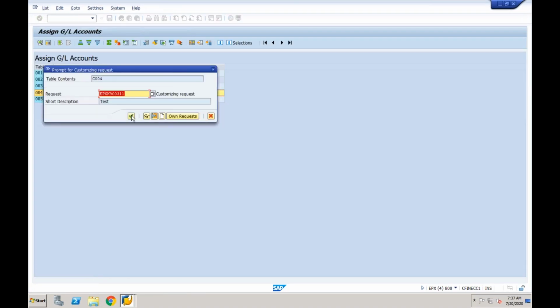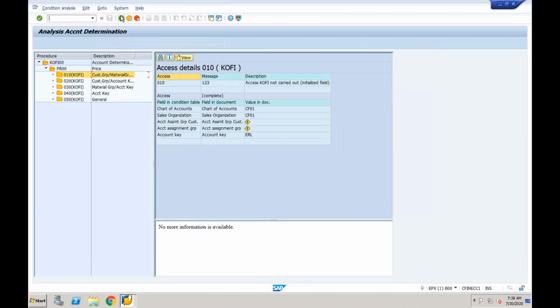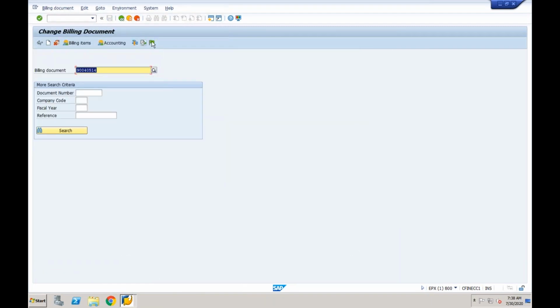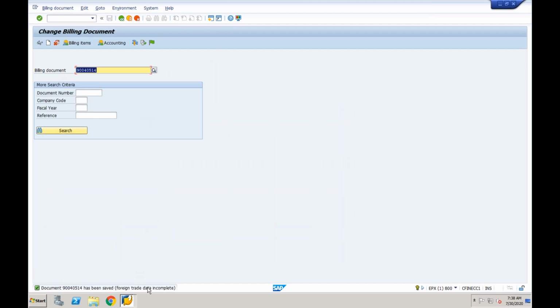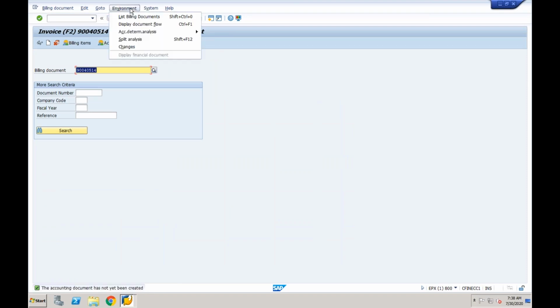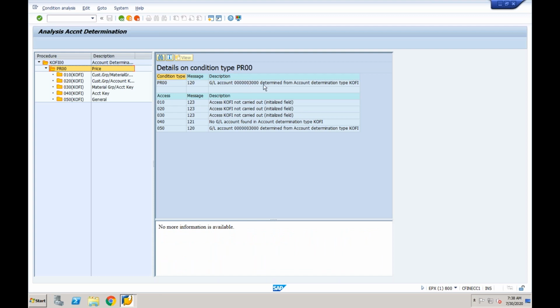Okay, done. Let's try to save it. Now if I tell the system to generate the accounting document, so if I release this and try to save it, it is saying something related to foreign trade data, but let's see whether the accounting has been created or not. The accounting document is also not yet created. Let's see why. Account determination analysis, revenue account. The GL account is already determined. There is no problem from VKOA anymore because you can see the GL account 3000 is clearly determined,